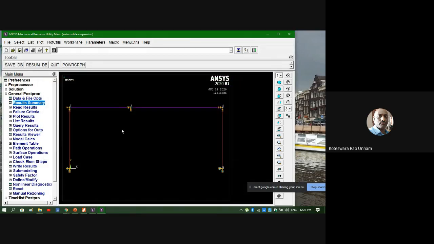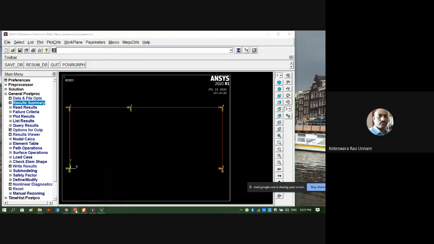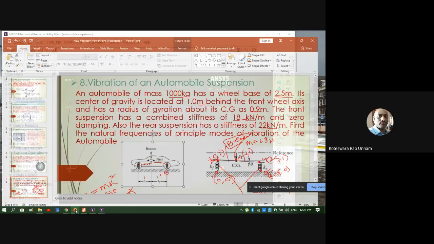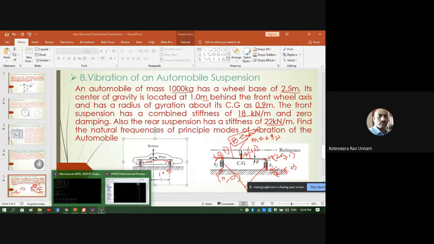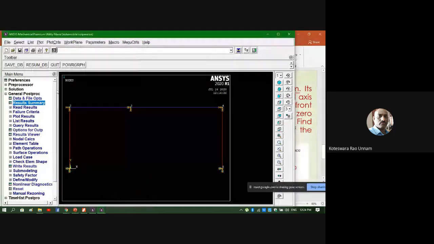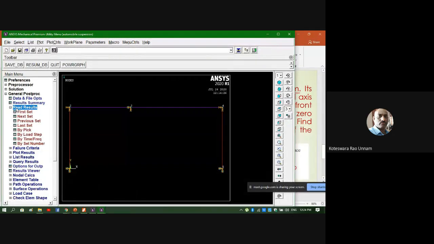Then next, I want to see how it is going to vibrate. Like I mentioned in the PPT, it has two types of motions. One is the bouncing motion, the other one is the pitching motion. So now I can visualize those two motions through animations. The first mode is the bouncing motion.